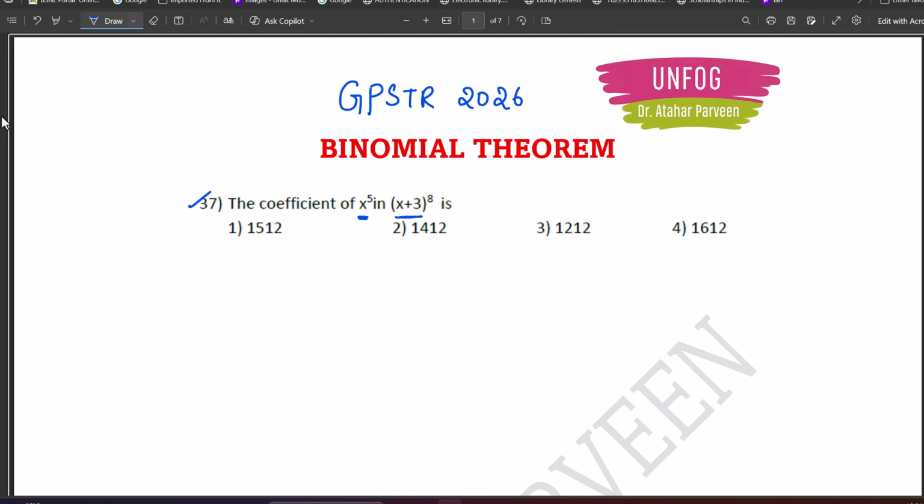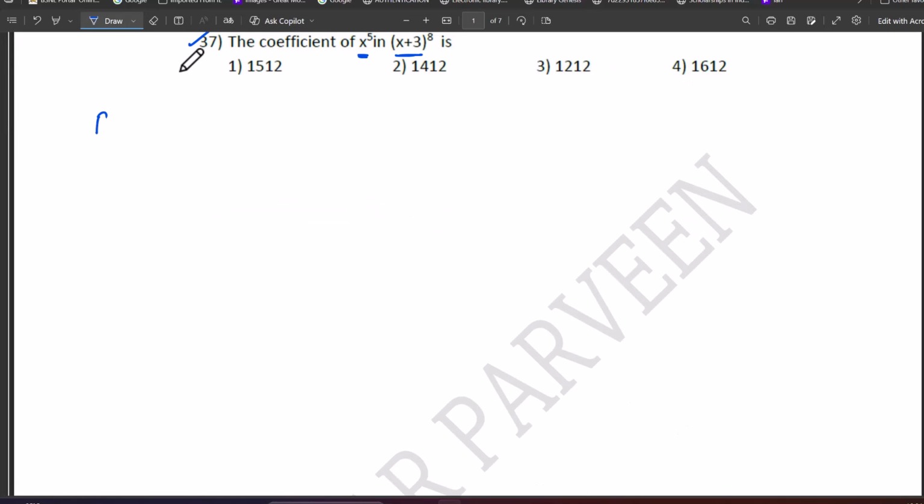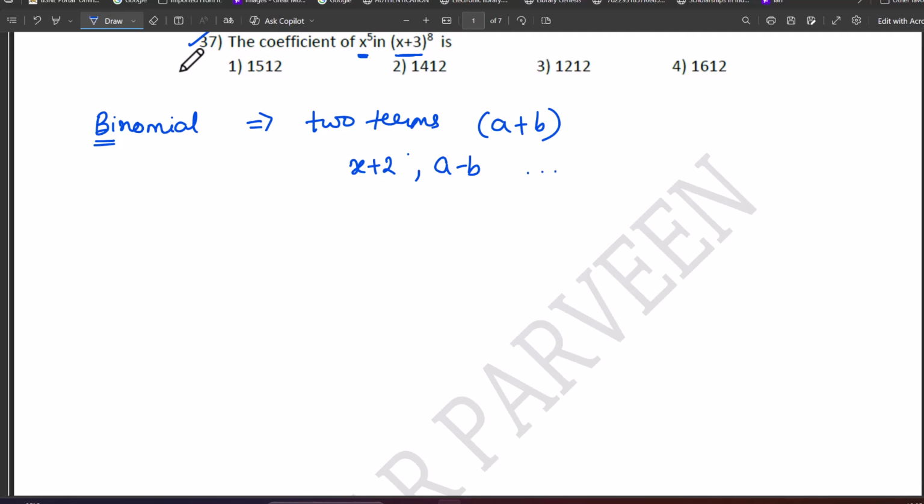Let's now start with what does this binomial mean? See, binomial has a 2 in it, right? Bi means 2, right? So binomial means it is an expression which is having 2 terms. 2 terms means you can write like this, a plus b. Alright, so this expression has 2 terms. What are the more examples for this binomial? x plus 2 or a minus b and so on, right? There can be many examples for this 2 terms like expression, right?